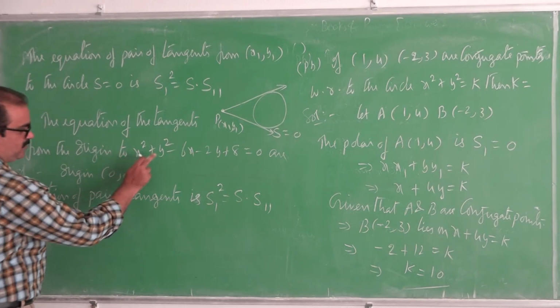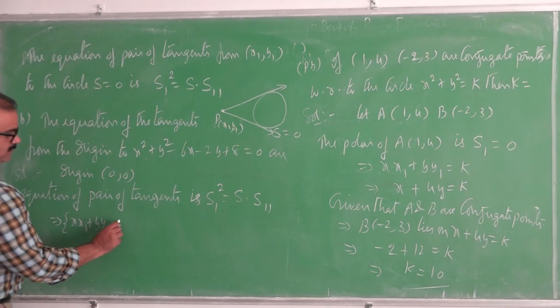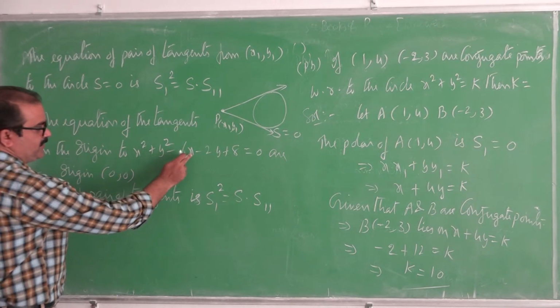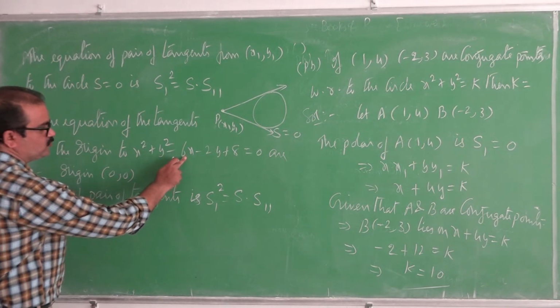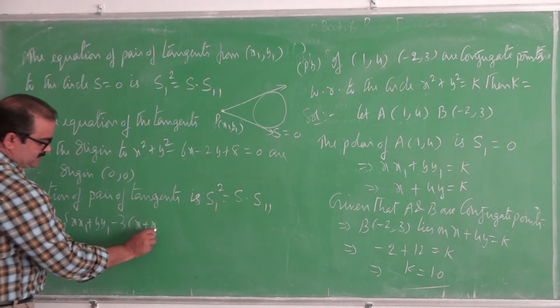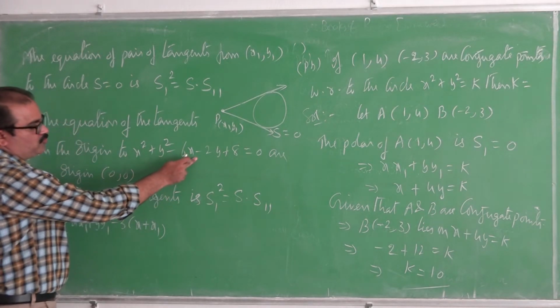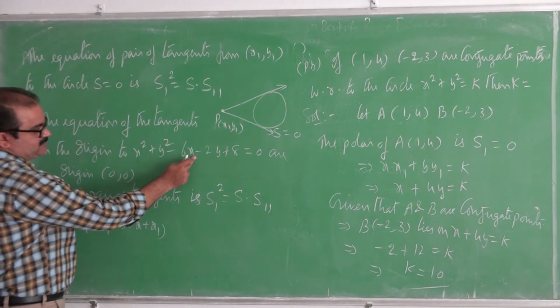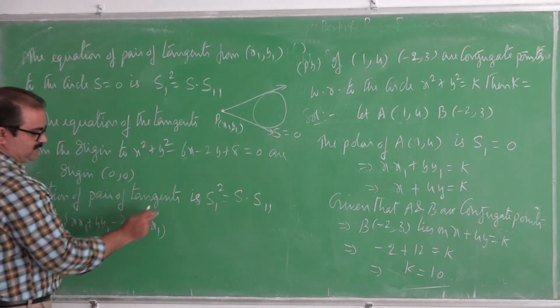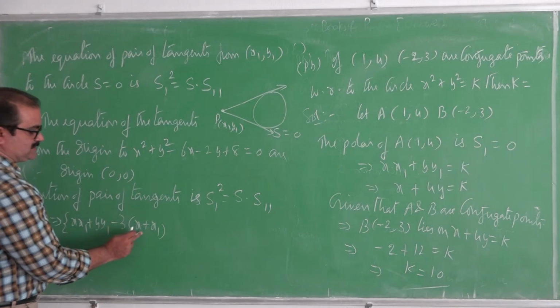For this circle, what is S1? S1 is xx1 plus yy1. We divide the coefficient with 2. We get minus 3 into x plus x1. Here, 3 into 2x, where 2x is taken as x plus x1. To write S1, we write it as x plus x1